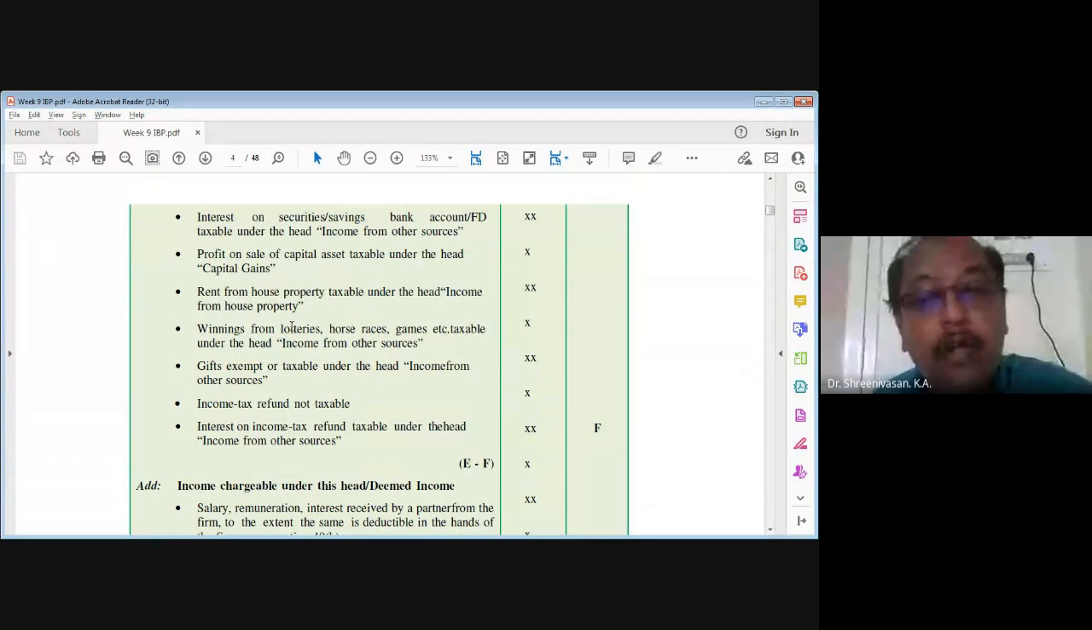And profits on sale of capital assets: any capital assets which are sold are going to be taxed under the income